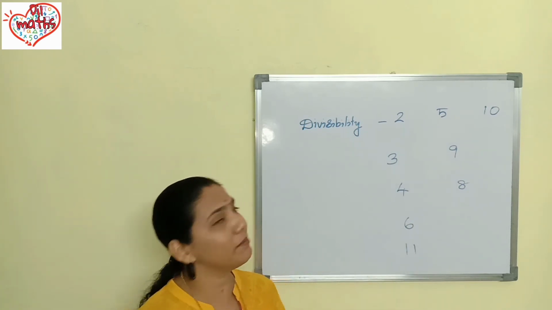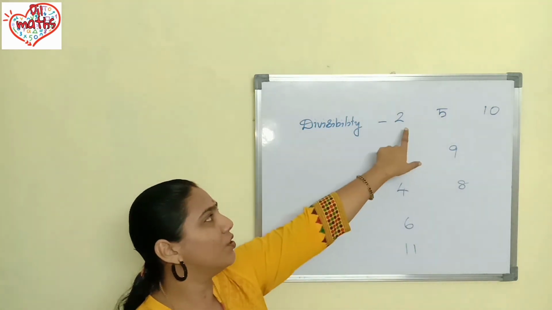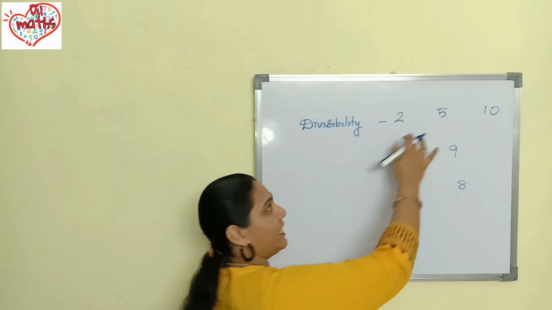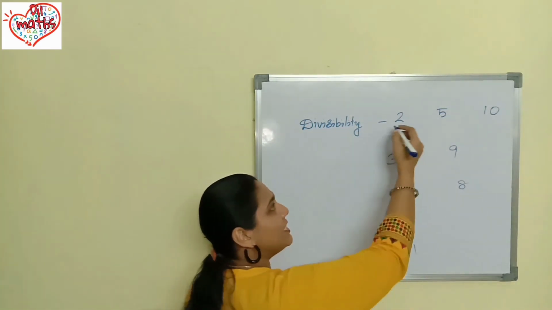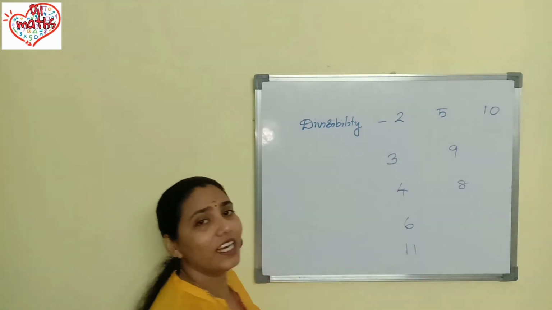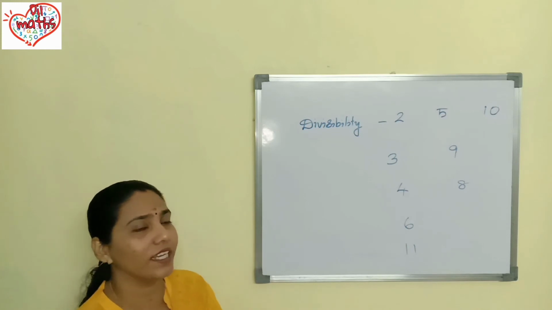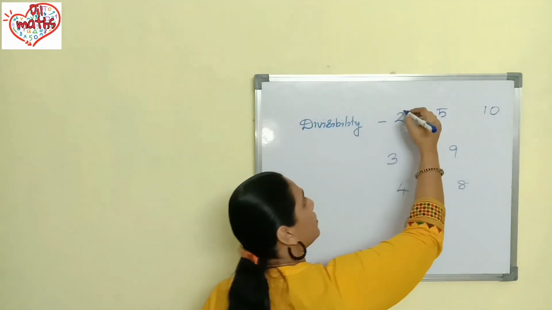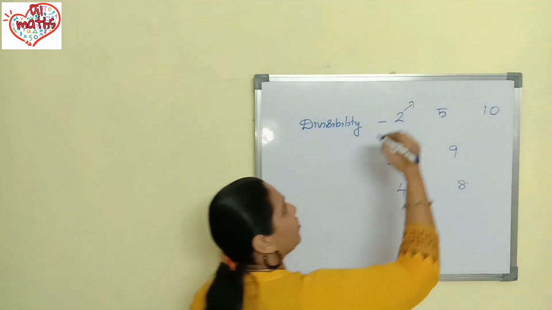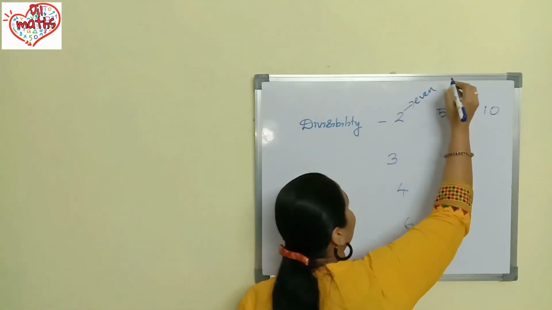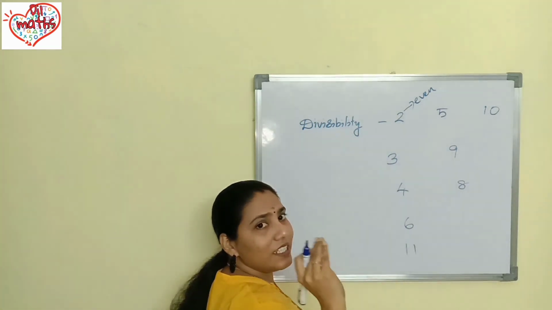Now I will tell you an easy method to remember the divisibility rules. Okay. So first I am going to take 2, 5, 10. Why did I write 2, 5, 10 together? Because in all these three we are checking the unit place of the given number. In 2, what we should remember is that an even number should come in the units place.